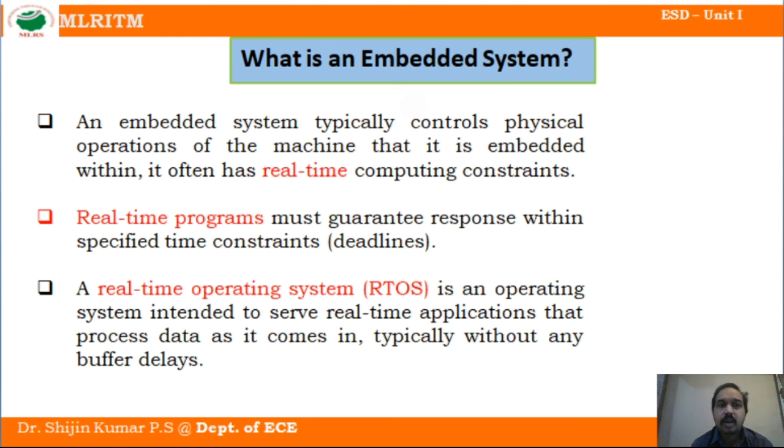Okay, so these are all the properties of embedded systems. The word embedded means one thing is embedded into another thing, or one thing is induced into another thing. So here, software is embedded into hardware. That's why we say embedded system. And a real-time embedded system will perform operations without any delay. That is a peculiarity of real-time embedded systems.